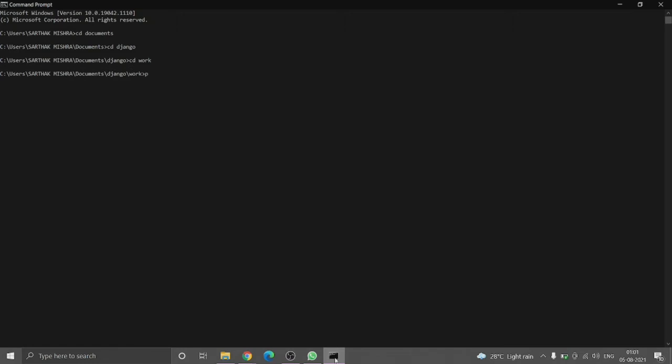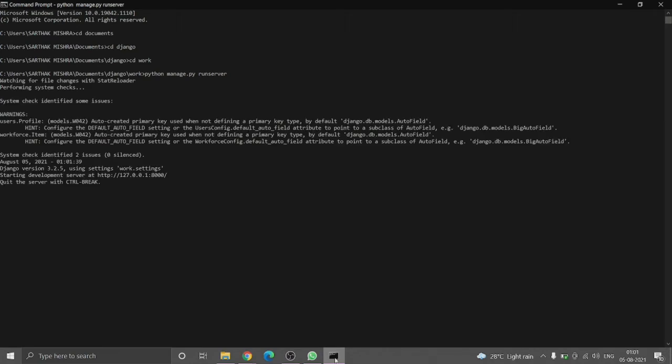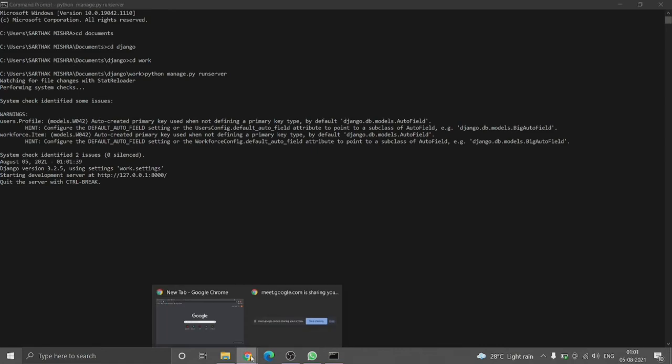Then we run the command python manage.py runserver to run the server on the local machine. This command will help run the server and we can access our web application on it.